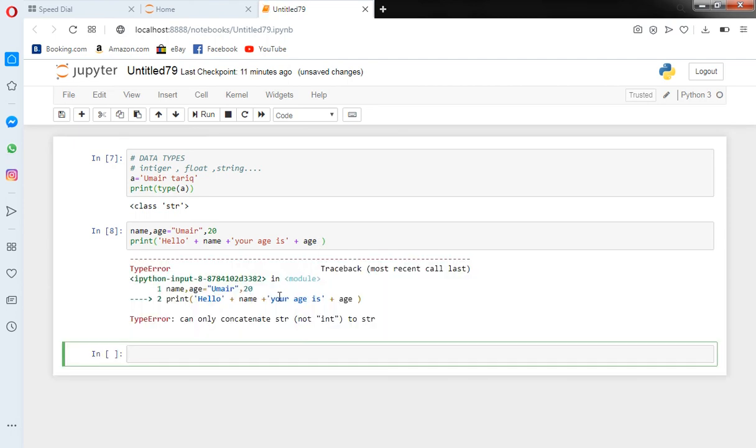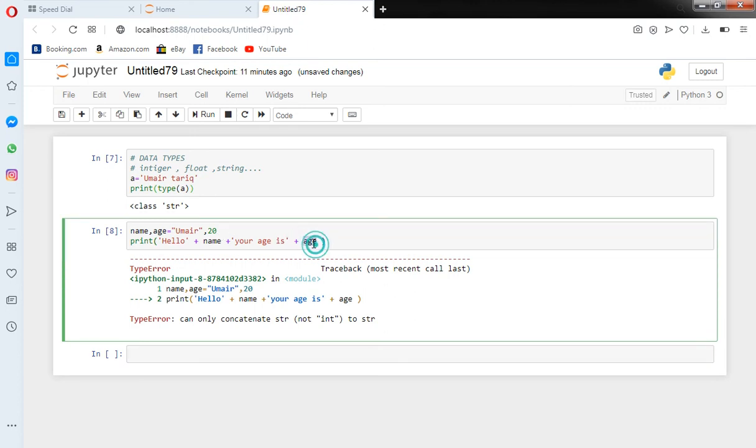it takes time. There is an error. Only integer to string. Wait a second. Okay. Here we cannot concatenate string. We cannot concatenate string into integer. So I have to put commas over here and then run it.